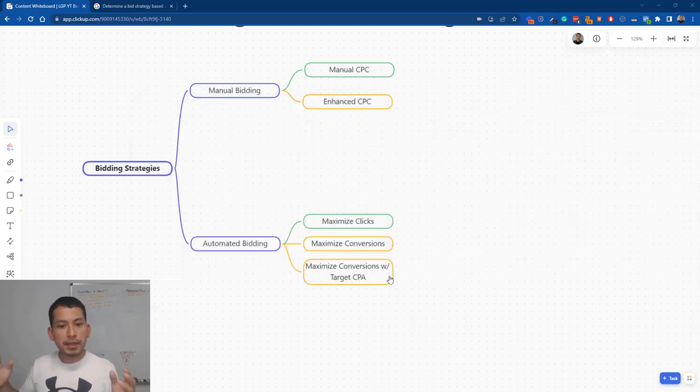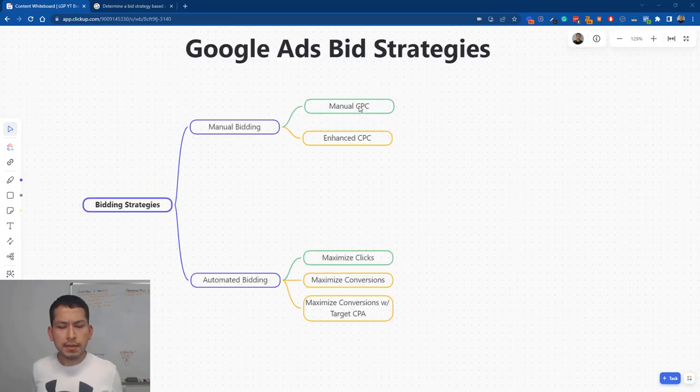The thing about these yellow ones here, maximize conversions with target CPA or enhanced CPC, is that Google needs conversion data. And when you launch a campaign, you're not really going to have that conversion data right away,